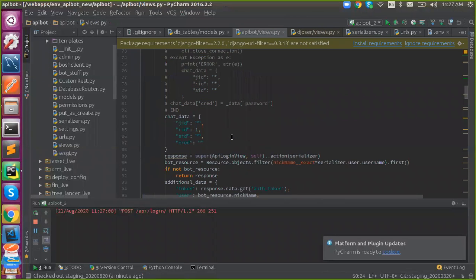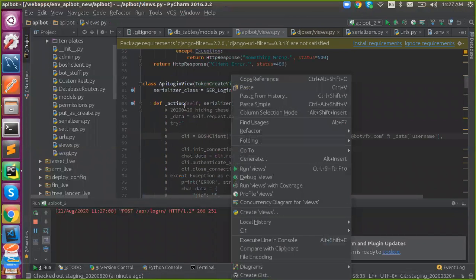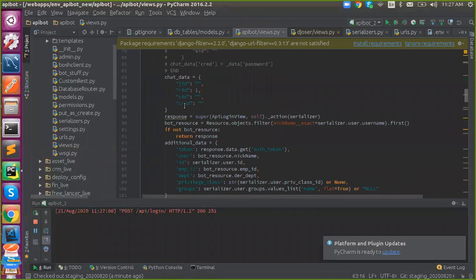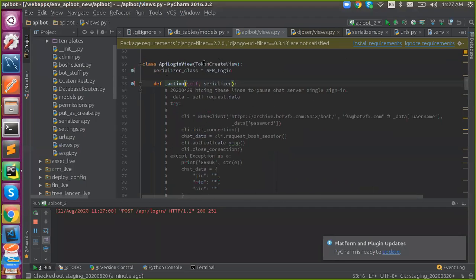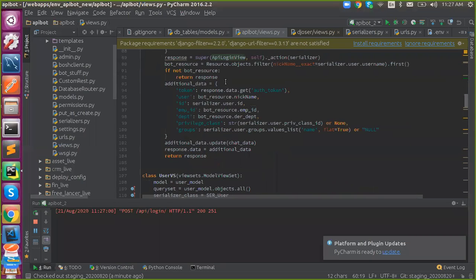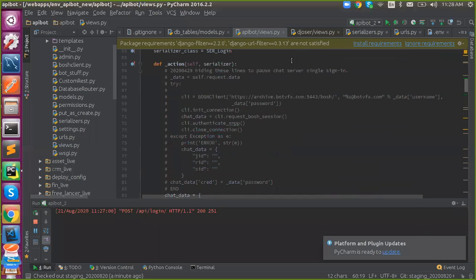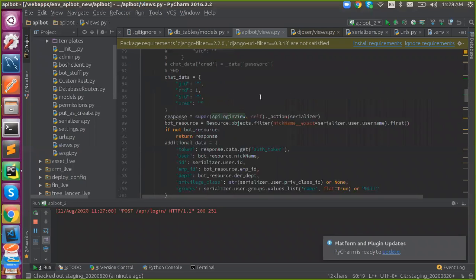So actually, if I override my method, what happened? The source will never execute. That's why I'm using the super method. I told you, right? While inheriting, this class's properties will be inherited into this class, right? This is what I'm using in my super: the class name comma self, the same method, and my input. Apart from self, I'm having a serializer. I need to pass it. This is what I'm doing.